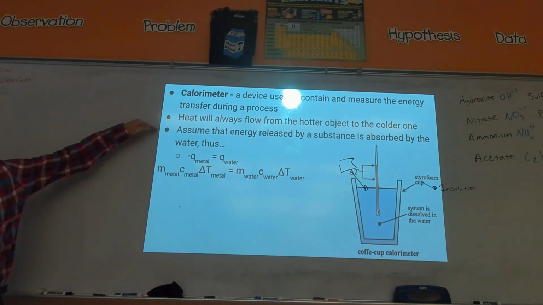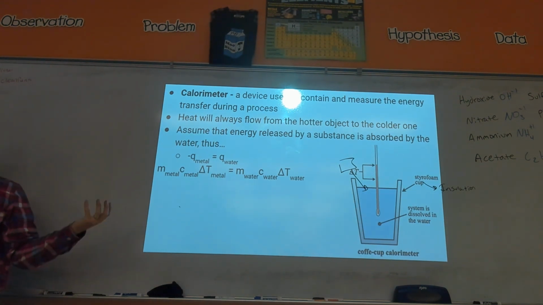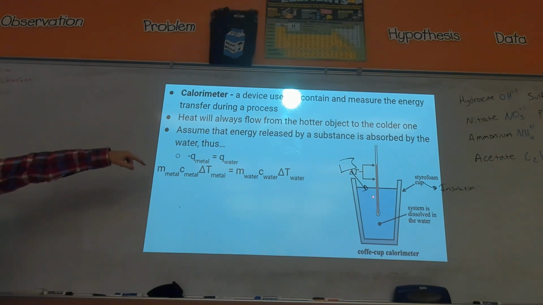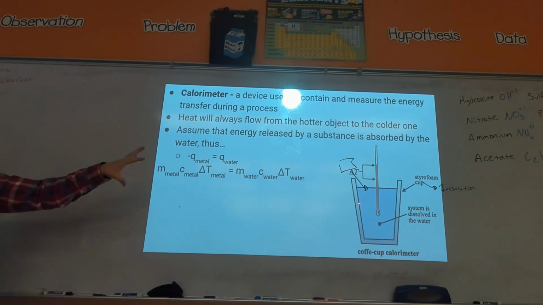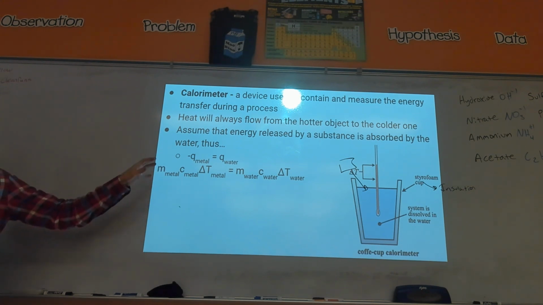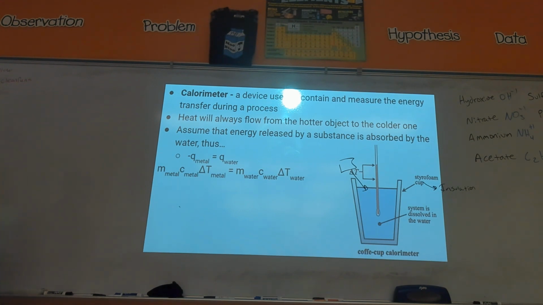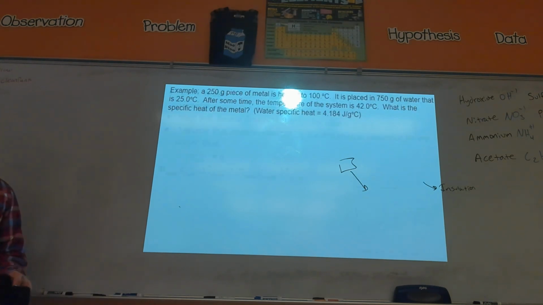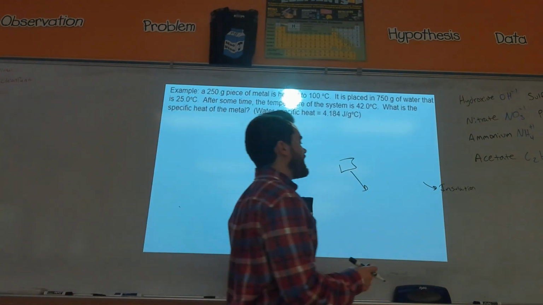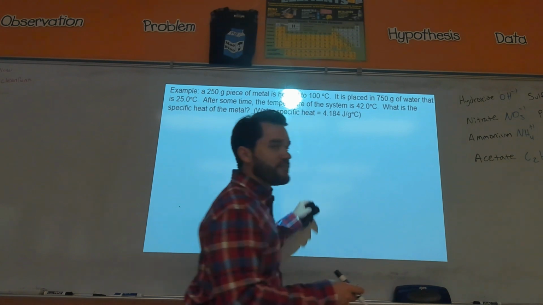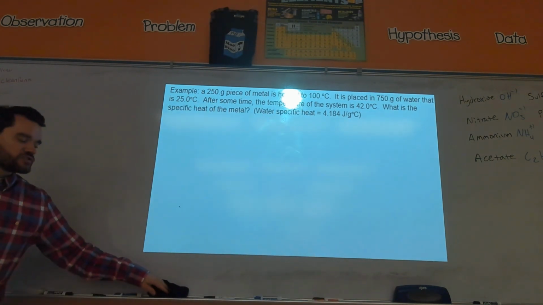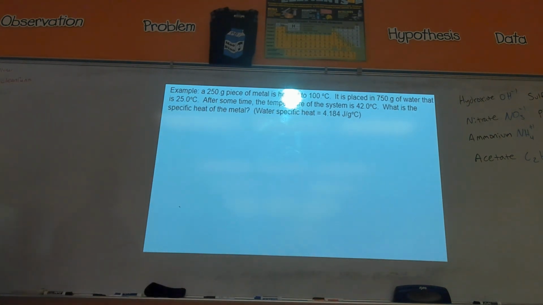So the assumption, and this is what the third bullet point is trying to say, is that when you put the hot metal in the water, none of that heat is escaping into the environment, which we know is not true, but for the sake of these calculations, that would be the assumption. Okay. All right, let me show you how this would work. Now, you won't see a problem like this on the final, just to be clear, but I want to still do it with you, because I think if you can understand this, you can definitely understand the easier ones.